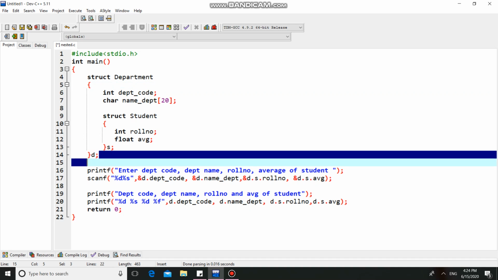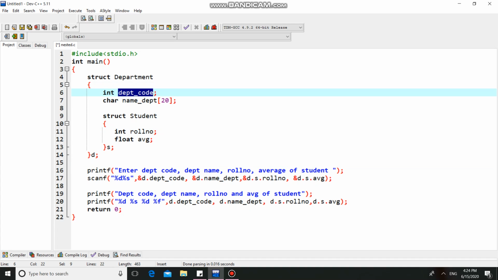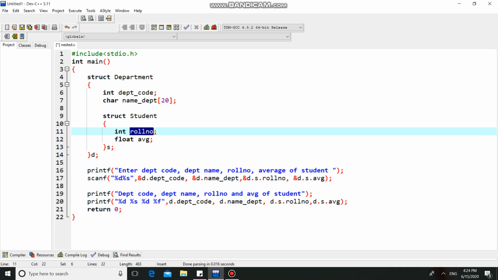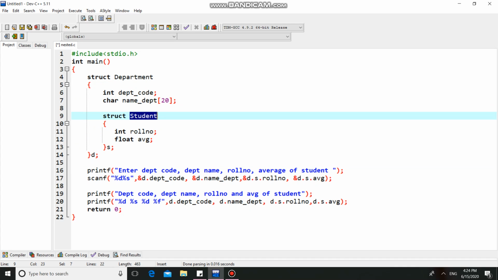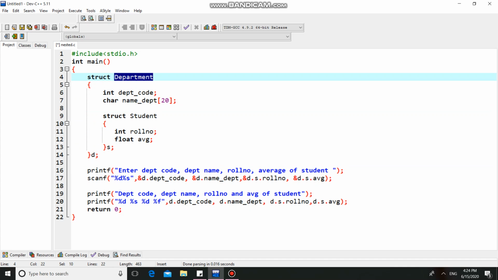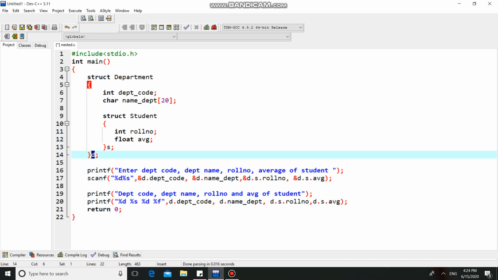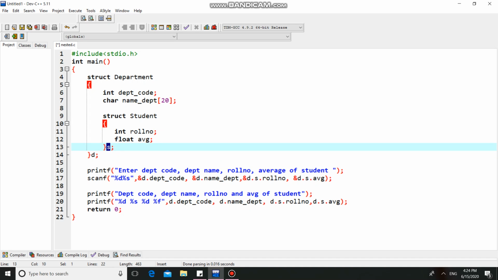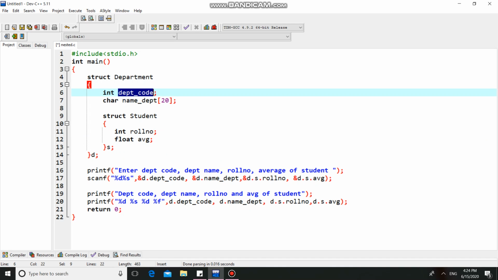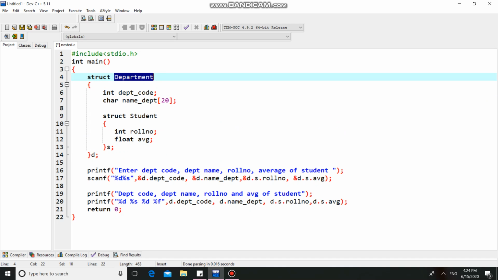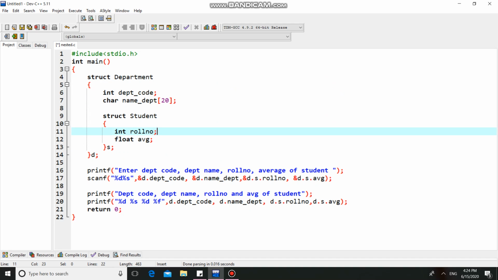Department code and name of department are direct members of department, while roll number and avg are direct members of student and indirect members of department. So you should form the link, d dot s dot roll number, to access roll number, and to access department code you can directly use d dot department code. That is given in this program.